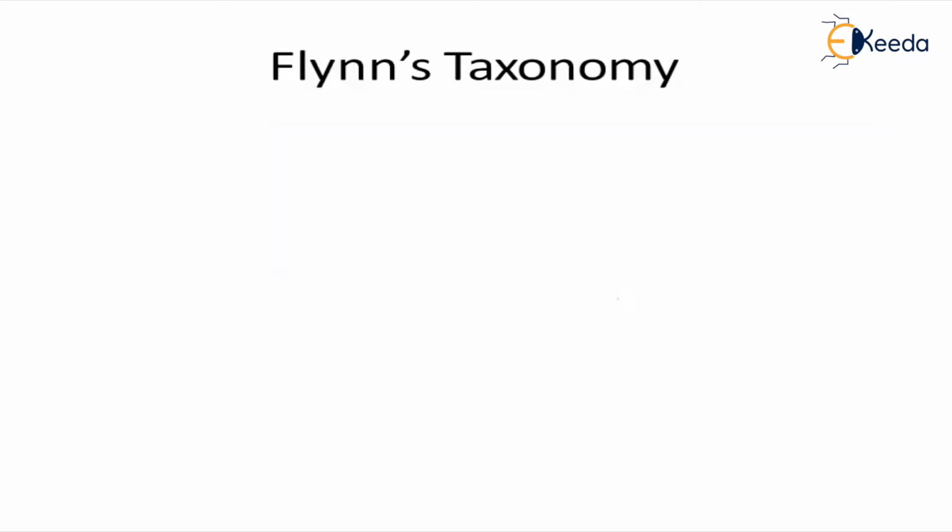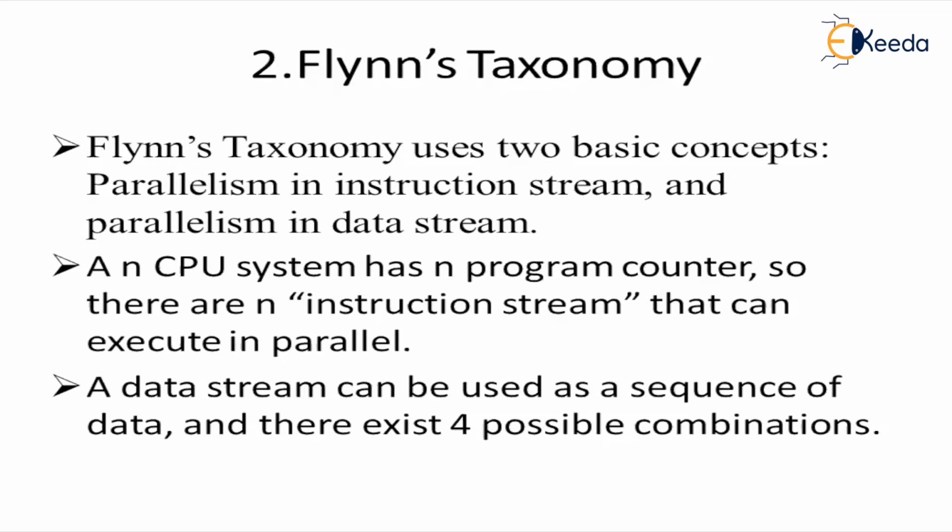From the viewpoint of the assembly programmer, parallel computers are classified using concurrency in programs, sequences, data, and instructions. So you are performing multiple operations simultaneously when it comes to Flynn's taxonomy. Flynn's taxonomy has been further divided into SIMD, MIMD, and so on, which we'll be looking into. It has basically two concepts: parallelism in the instruction stream and parallelism in the